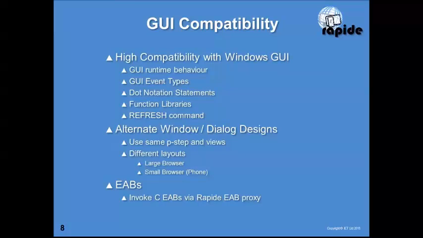So if you design your GUI to behave in a certain way in terms of the order that events are fired, the use of TIR event, the use of enabling, disabling, all of that works exactly the same way in the browser. We support the wide range of GUI event types. We support just about all the dot notation statements that you might be able to code against your GUIs. The Gen function libraries, very high support for those,